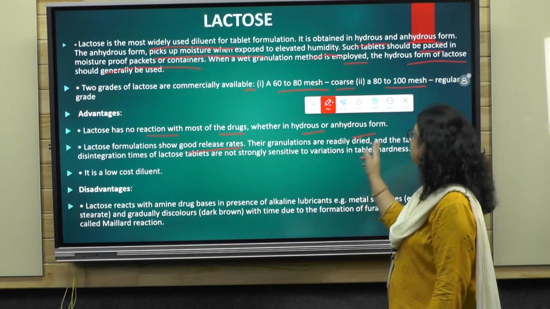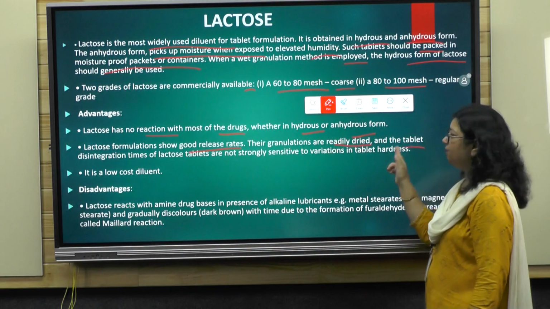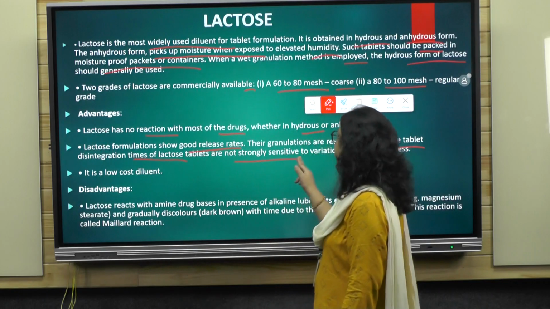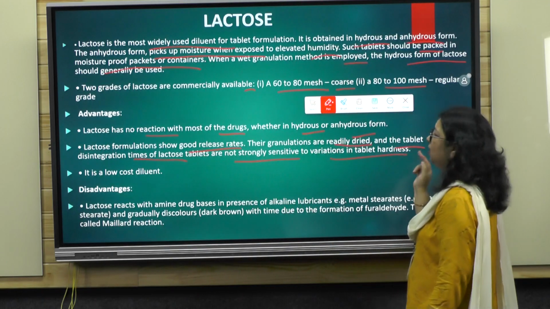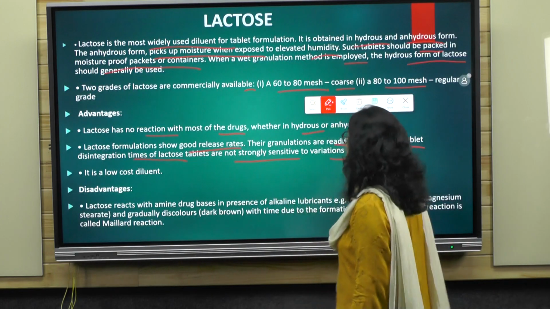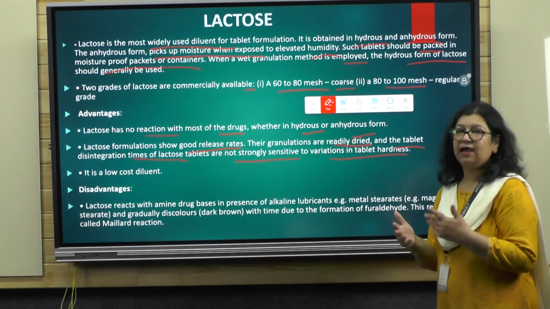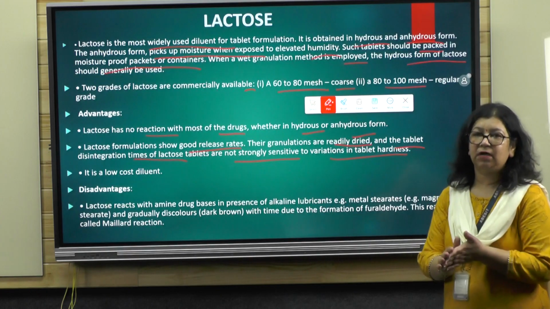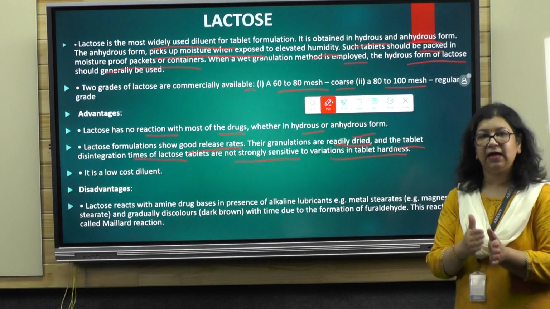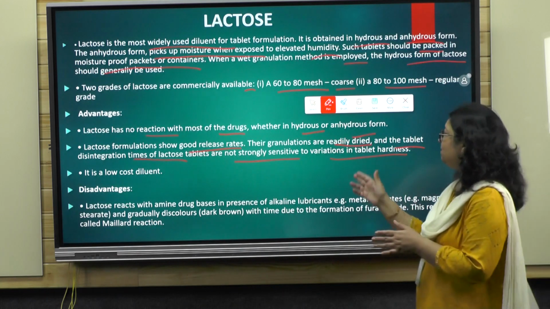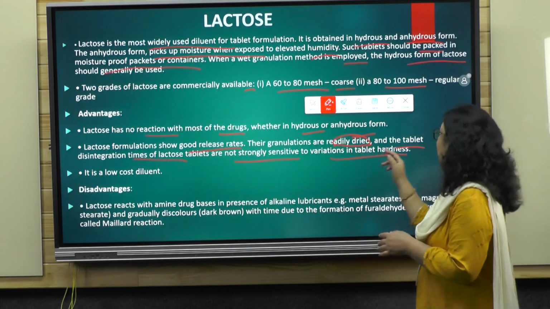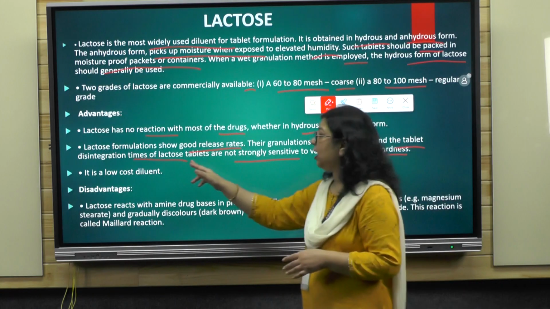Their granulations are readily dried, and the tablet disintegration times of lactose tablets are not strongly sensitive to variation in tablet hardness. What does it mean? As I told you, before preparing the tablet we have to make granules of the active ingredient and excipient. When we are using lactose, the granulations are readily dried, and the tablet's disintegration time